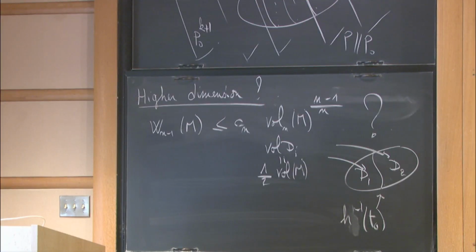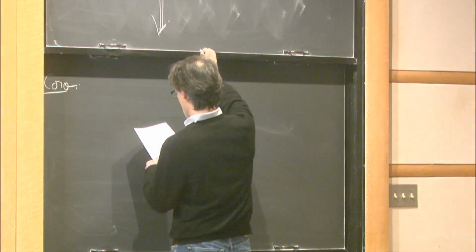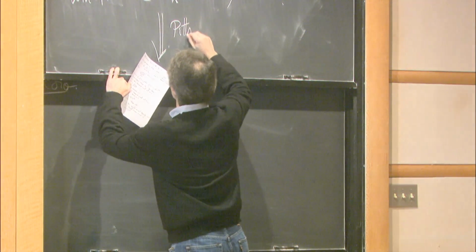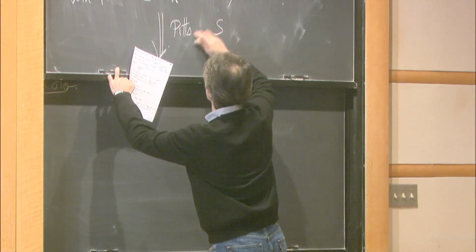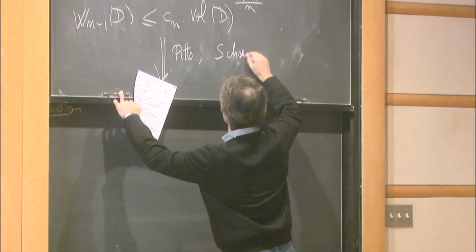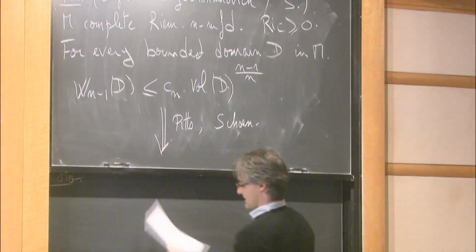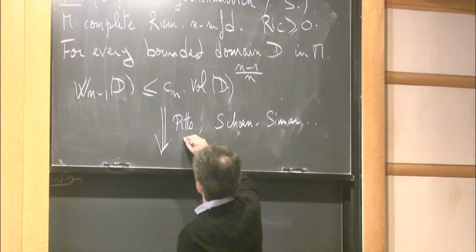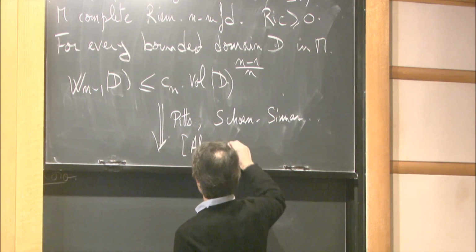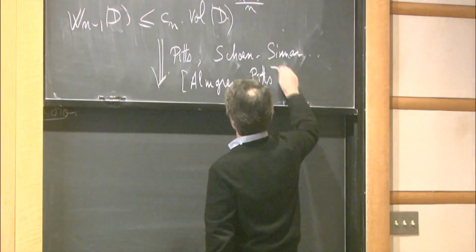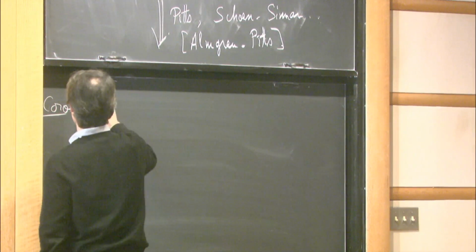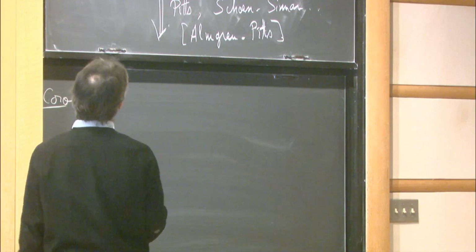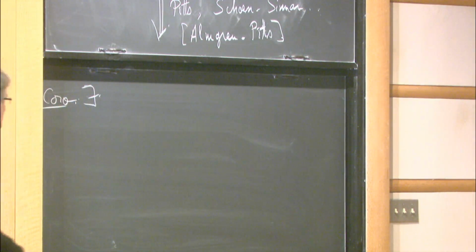And here, if we use Almgren-Pitts theory, and more precisely results by Pitts and also Schoen and Simon, we can show that on such a closed manifold with non-negative Ricci curvature, there